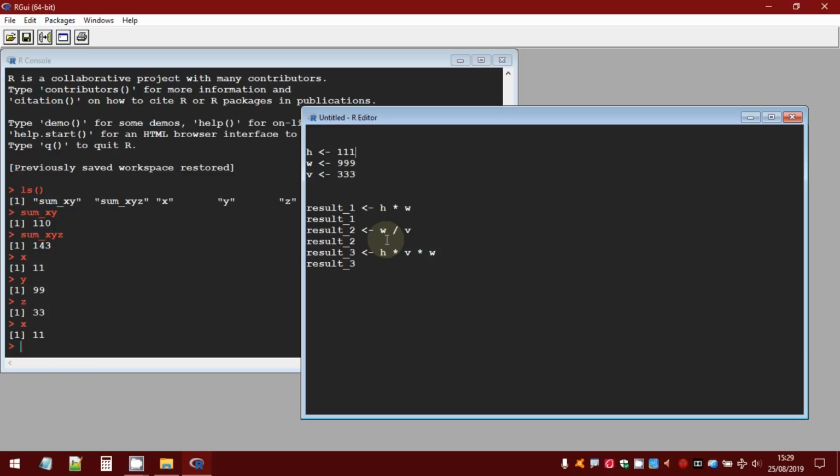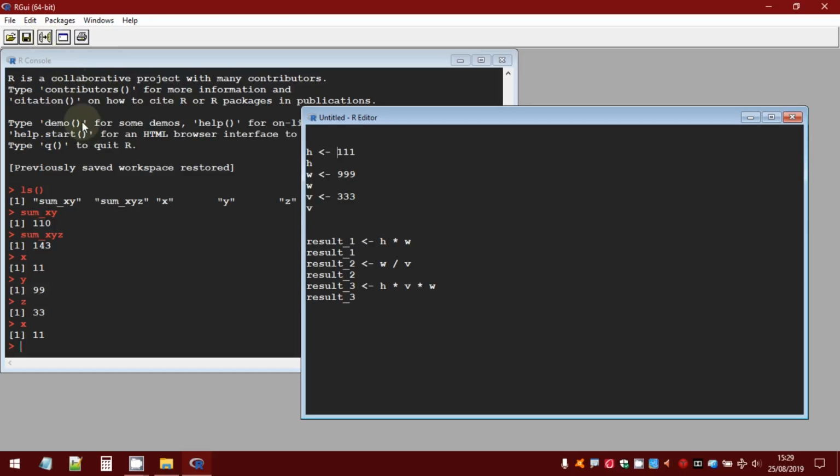Okay, now the question is how to send all these commands to the R console. There are two ways. First of all, place the cursor in any position of the command line. As you can see here, we have a button in the menu bar.